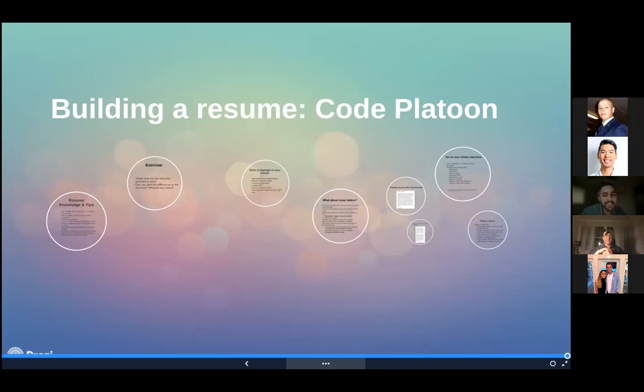Hey, James, I had a question real quick. Sure. So when it comes to writing which software you learned, like SQL, any of those things, should you just list all of them on your resume? Or should you ever have to cut and skew them depending on what the job's requirements are? I don't think there's any reason to not highlight the things